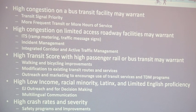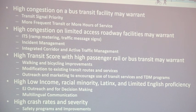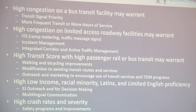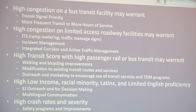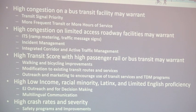Modify existing transit routes and services. Again, make it more enticing to take transit. And then outreach and marketing. That's the TMA. How do we get more people to use a bus or basically not driving alone to get to their destination? And then we have high, low income, racial minority, using